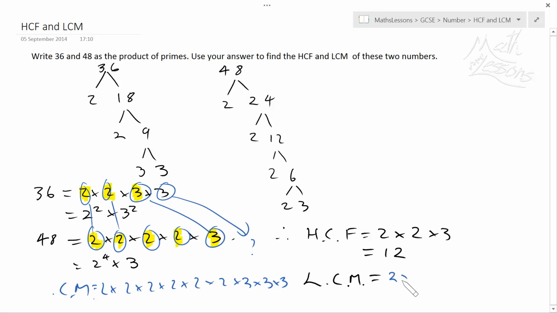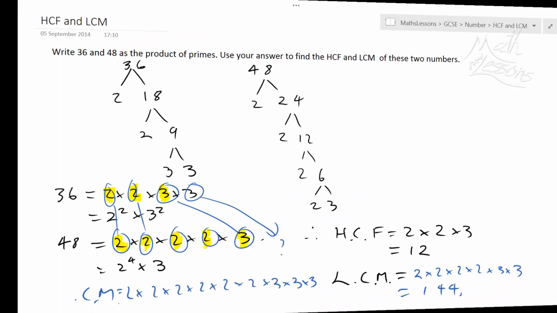So it will be just 2 times 2 times 2 times 2. We just need 4 lots of 2, because 4 in here and 2 in there, so you've got it all covered. And you've got 2 lots of 3, so you've got 3 times 3 and another 3 here, so you're going to get it covered if you just do 3 times 3, and that will give you your lowest common multiple, which as we've seen, is just going to be 3 times 48 in this case, which comes out as, what's that? It's going to be 120 plus 24 is